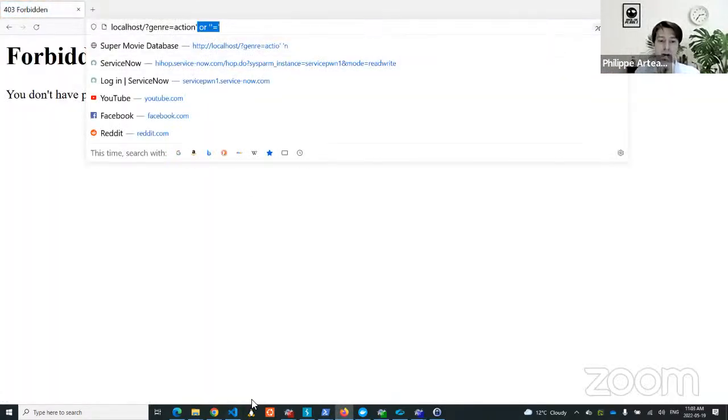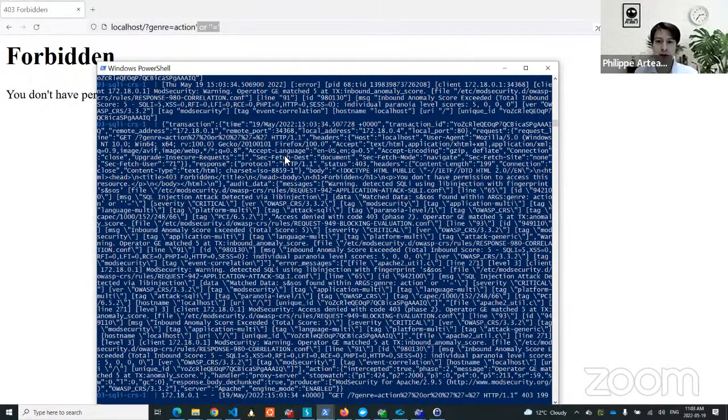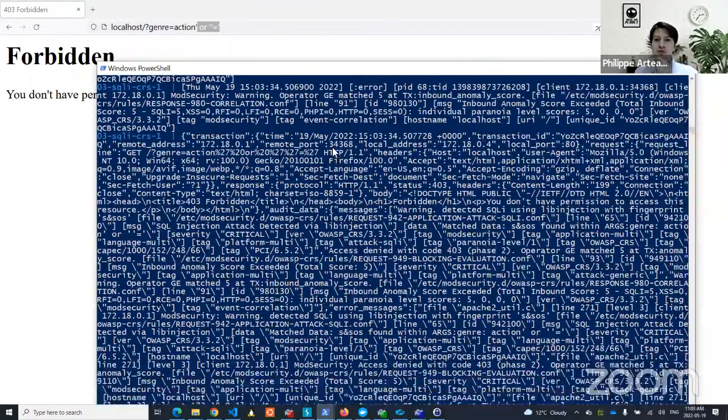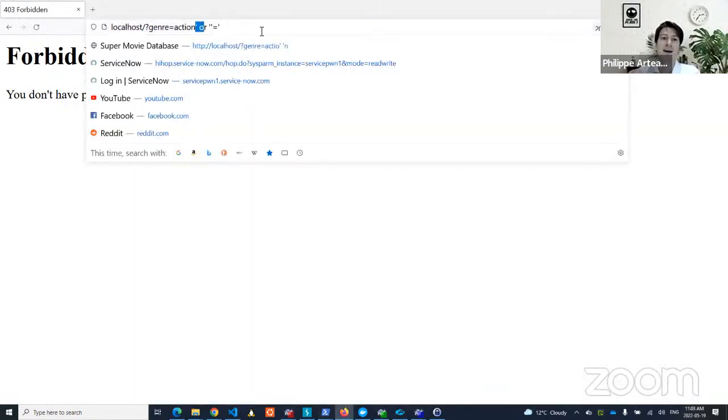And if you have installed the Docker locally, one advantage is you'll be able to see exactly which rule is being detected. Is it part of the regex core rule set, or is it libinjection that is detecting this pattern? And this is just OR with a single quote. The keyword OR is not blacklisted, so it's really libinjection that sees it as a SQL injection pattern